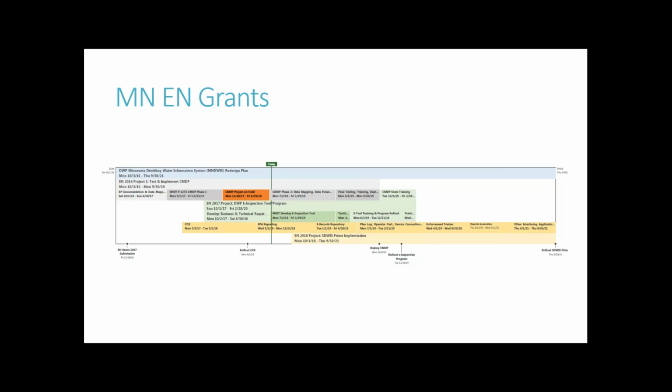So if you look at the lower part, the more yellow shade, those are other applications, and I'm hoping some of the APIs can be adapted. We already completed one called EPA reporting, because we were devoting so much time to EPA reporting every quarter.